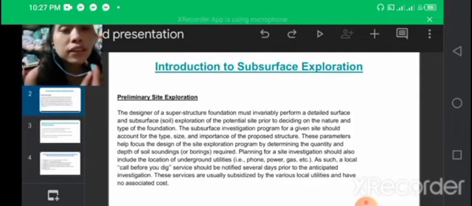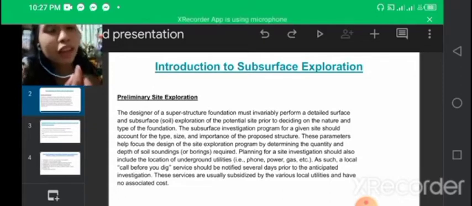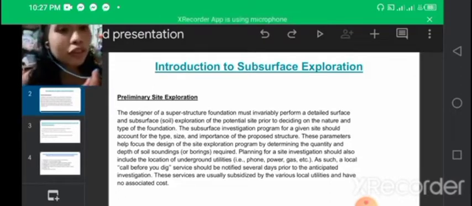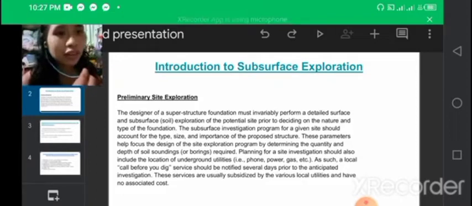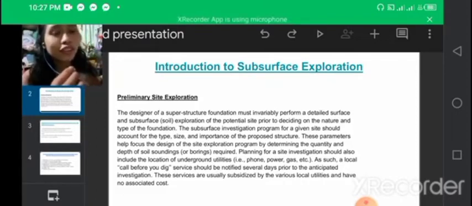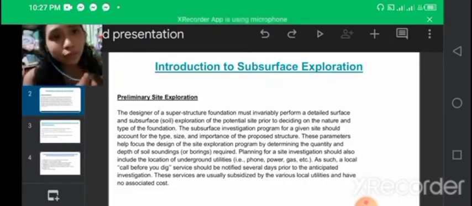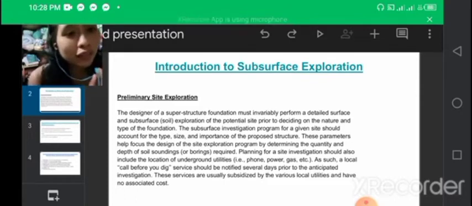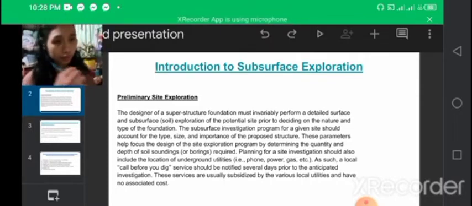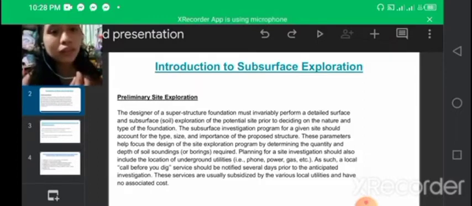The preliminary site exploration. The designer of a superstructure foundation must perform a detailed surface and subsurface soil exploration of the potential site prior to deciding on the nature and the type of the foundation. This program for a given site should account for the type, size, and importance of the proposed structure. These parameters help focus the design of the site exploration program by determining the quantity and the depth of soil